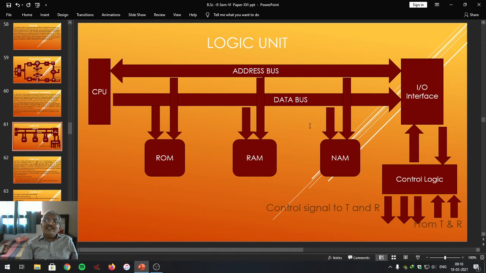It has another type of memory which is once programmable. That is called NAM, the number access module. Basically, it is a PROM. This number access module contains the MIN, that is, the mobile identification number.